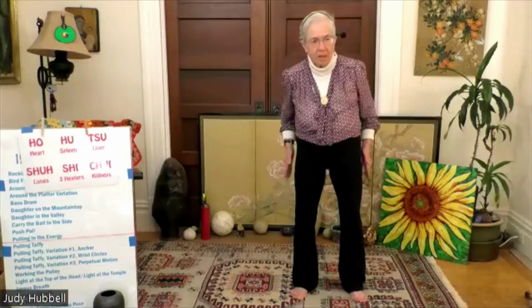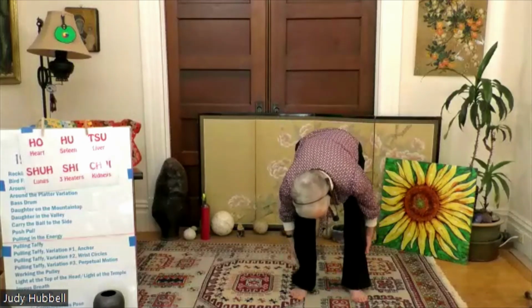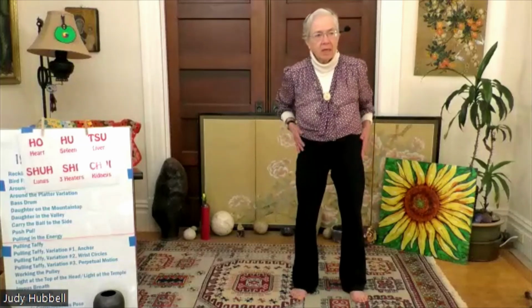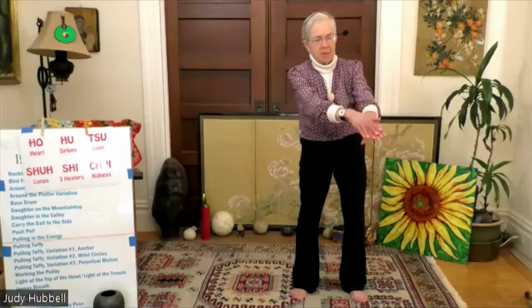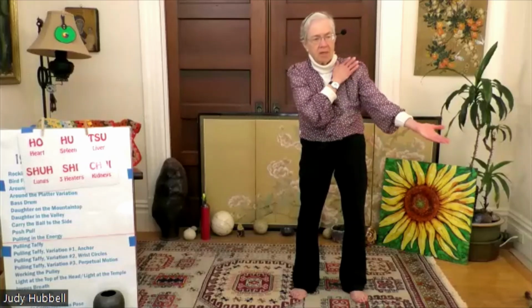Let's do a little bit of tapping. So coming down through the insides of the legs, outsides of the legs, the buttocks, the stomach, right here under the breasts, coming up to the central chest area, tapping on your lung points, coming down one arm from the top down, and then from the fingertips up through the inside, back